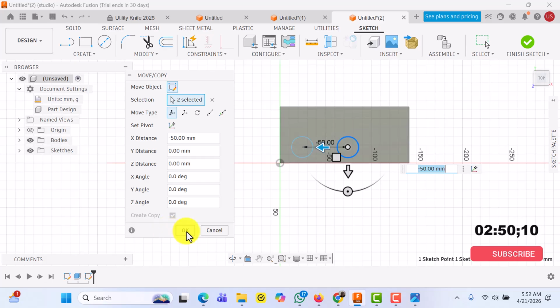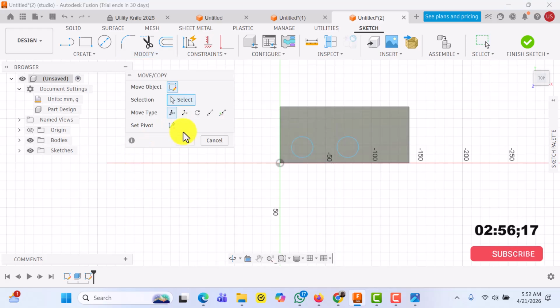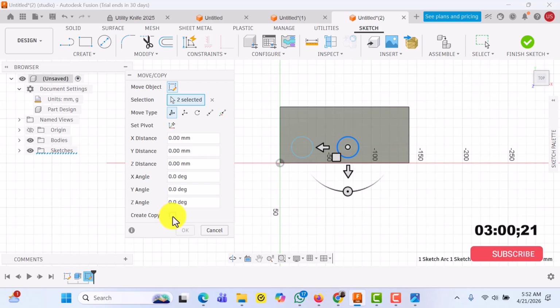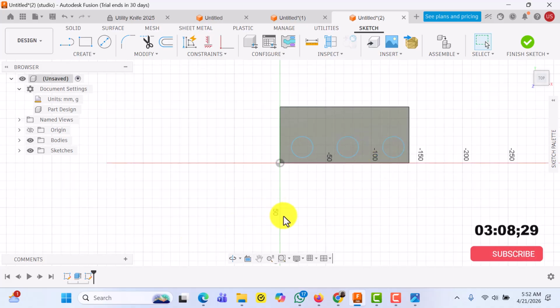Okay. All right. Copy again. Select the object I want to copy. Click on create copy. Then I can make another copy. I can make another copy. All right. Okay. So I think I'm okay with this. Now at this point, after drawing my three circles, I notice my three circles are more positioned to this end